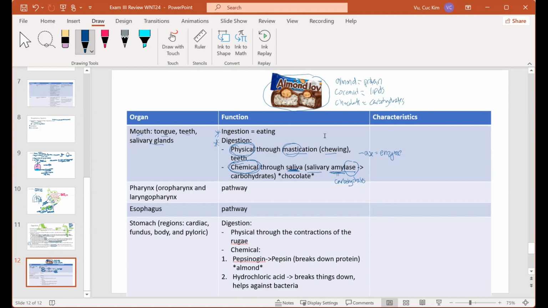All right. Then it's going to continue along the alimentary canal from the mouth to the oral pharynx and the laryngeal pharynx. From the laryngeal pharynx, it's going to go to the esophagus. And all these are just pathways. There's not digestion happening. So it's just a pathway until it gets to the stomach. So the stomach